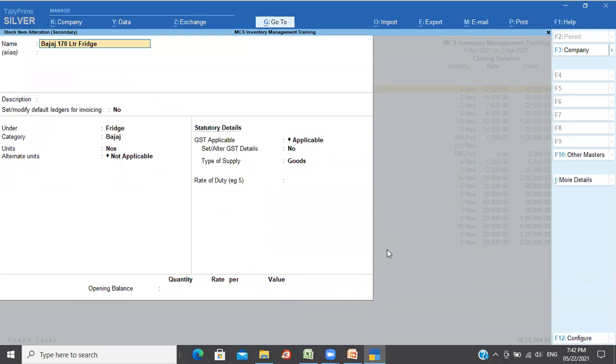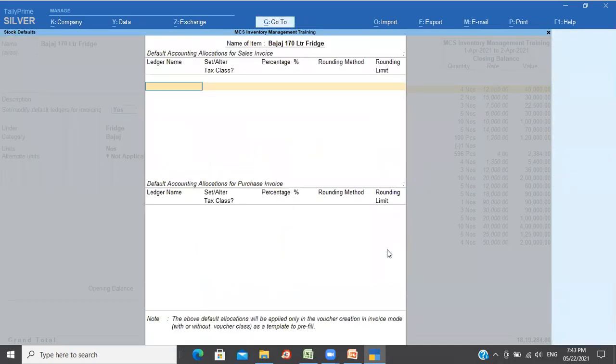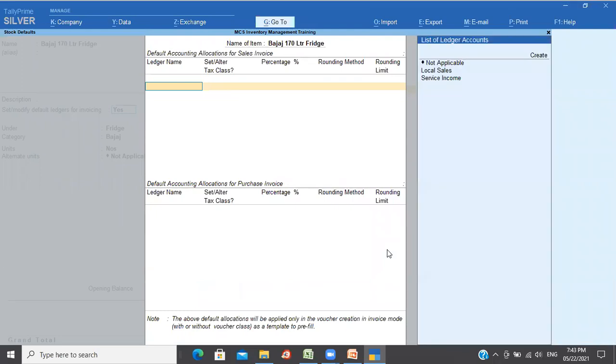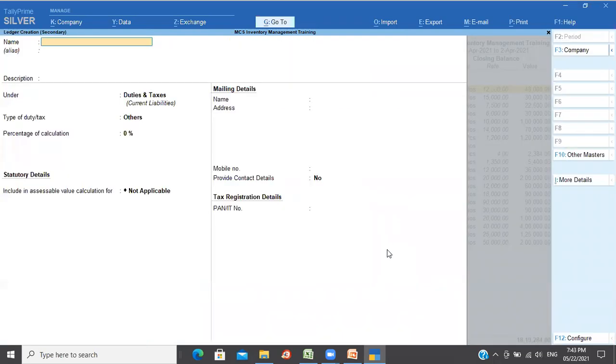Once I enable it, I get a new option called set modify accounting ledger for invoicing. How do I enable this? Just specify yes. Now it is asking, when you are selling, to which ledger it has to take. So it is showing all your sales ledgers. Since this is a fridge, I want to take it to electronic goods. What is this? White goods. For example, I'll say white goods sales,